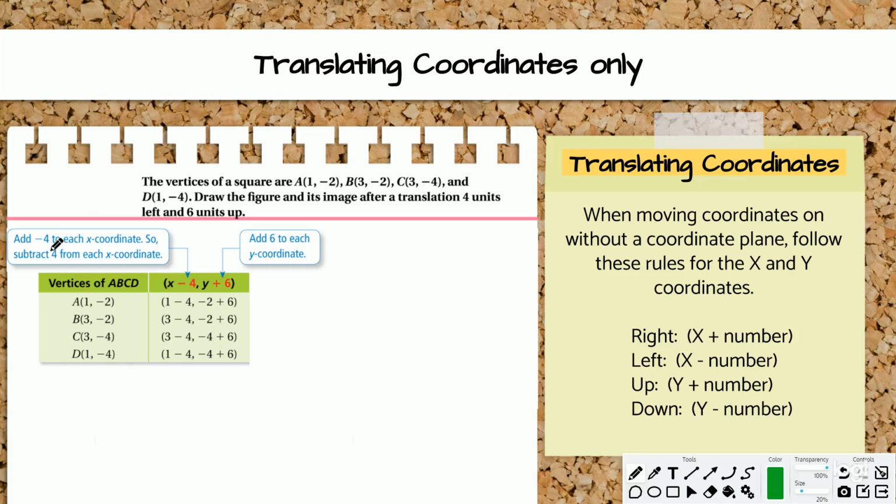So here we're going to minus 4 to each x coordinate, so we're going to subtract from the x and add 6 to each of the y coordinates. So here's our x minus 4, because we are going 4 units left. So we have the 1 minus 4, 3 minus 4, 3 again minus 4, and 1 minus 4. And then for the y, we're going to be adding 6. So we have negative 2 plus 6, negative 2 again plus 6, negative 4 plus 6, and negative 4 again plus 6. And when I do all the math,